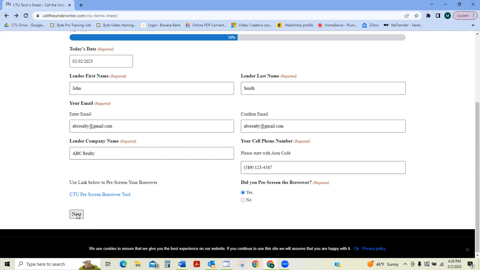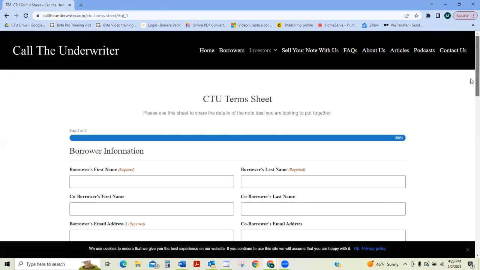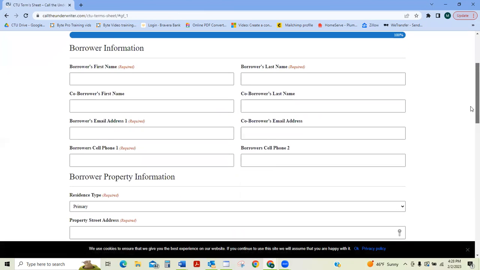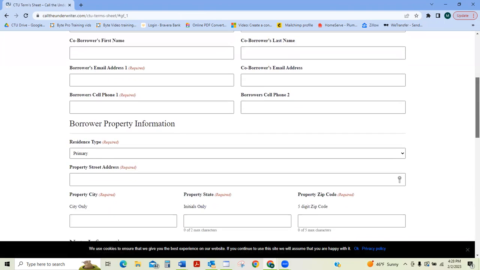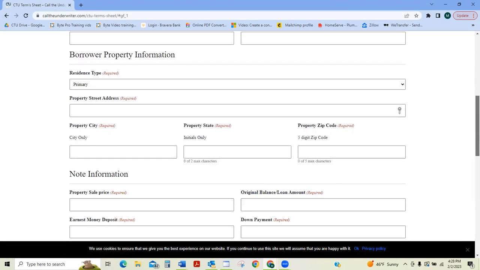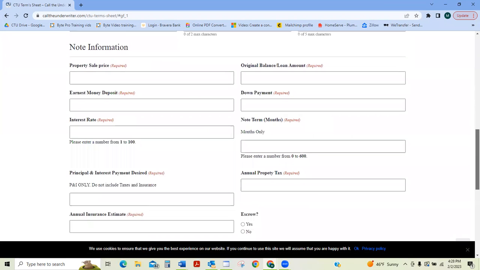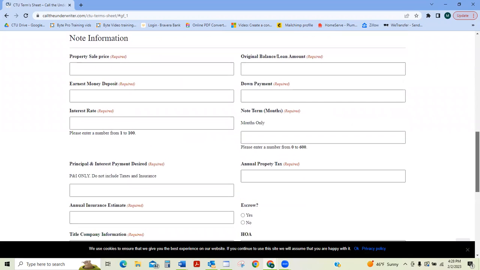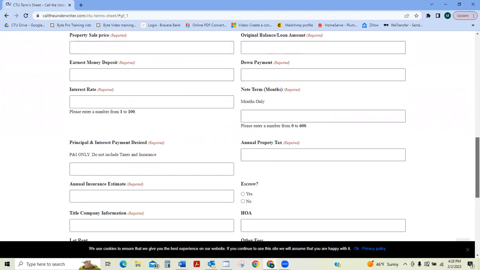And that's going to bring you up to the final page on the term sheet. And this is where you're going to give us some info on your borrower's names, emails, and phones. And then you're going to give us some information on the subject property of the deal that we're going to be doing. And then the last bit you give us here is the note information itself. Sale price, interest rate, earnest money, down payment, term in months, original balance, what the loan amount is going to